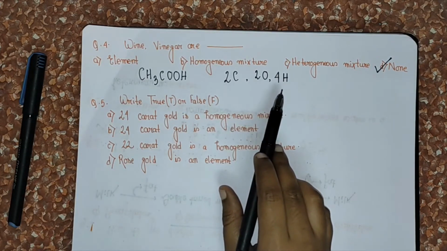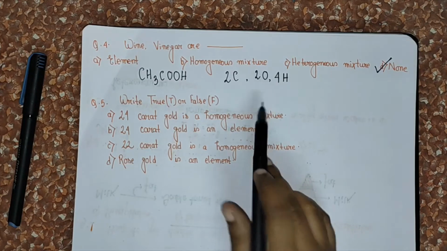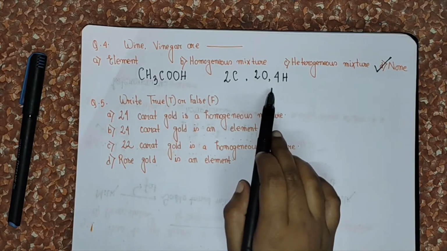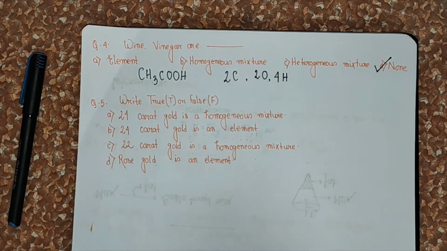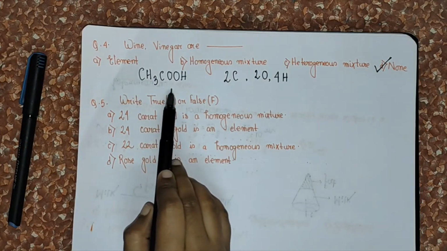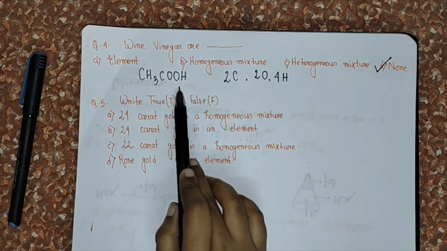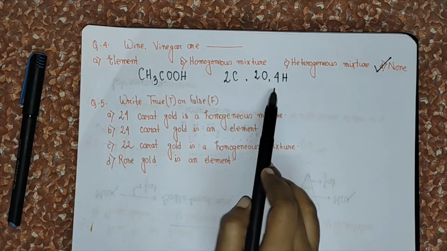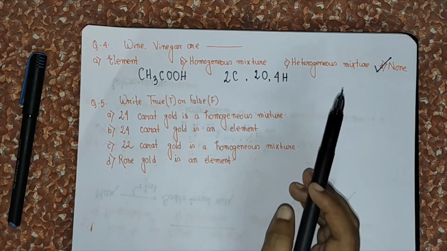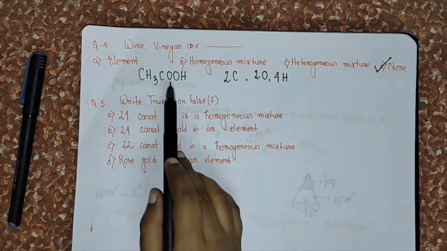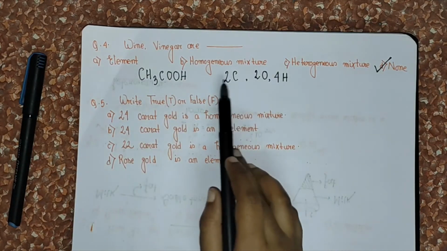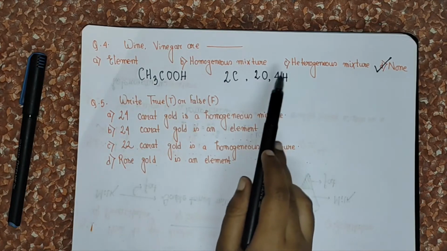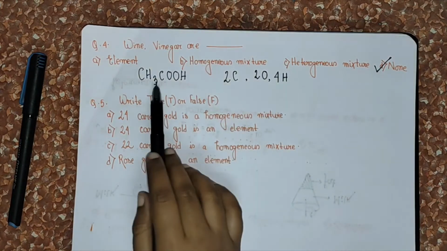And why not a mixture? Because in the case of mixtures, you may change the ratio or proportion of the elements. But in the case of a compound, you cannot change their proportion or ratio. Like in CH3COOH, vinegar. Whenever you have to prepare vinegar, you will take 2 carbon atoms, 2 oxygen atoms and 4 hydrogen atoms, and they will combine chemically. Then only they will form CH3COOH. If you change the ratio, suppose you are taking 4 carbon atoms, 2 oxygen atoms and 6 hydrogen atoms, then maybe you will get another compound but not vinegar.